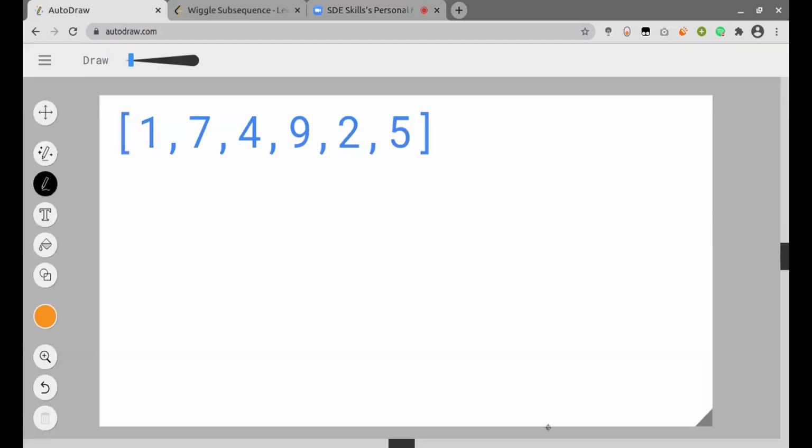So if I take this example only, here the lengths of both the sequences I'll denote by up and down. Up denotes the sequence ending with an increasing one, and down denotes the sequence ending with a decreasing one, with respect to the adjacent element. So for 1, both would be 1, 1. For 7, I'll see 1, 7 makes it an increasing sequence.